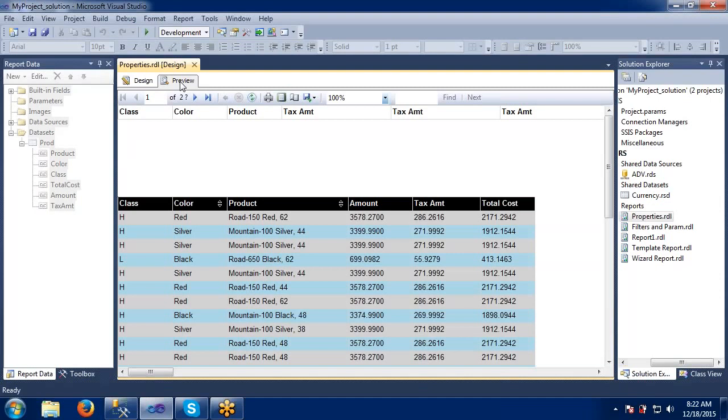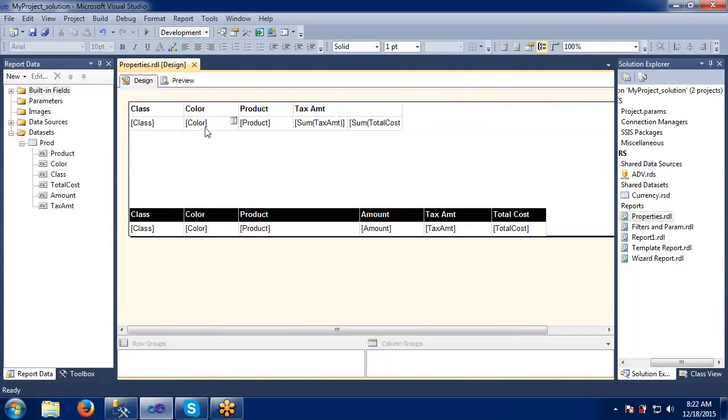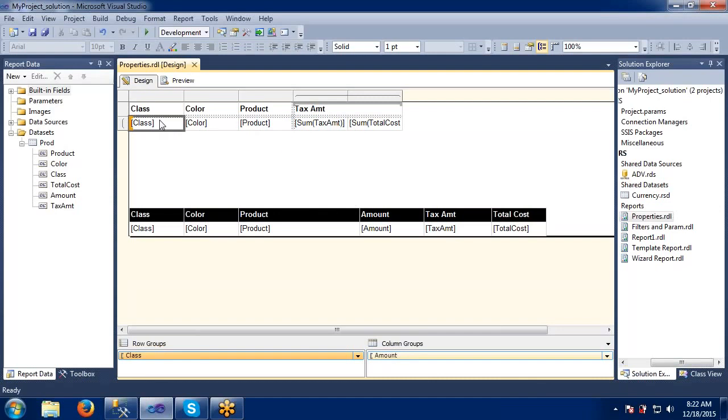That's the main difference between the hiding option in the table report and the matrix report. There will be a slight difference. If you hide something, it will try to hide the entire group here.